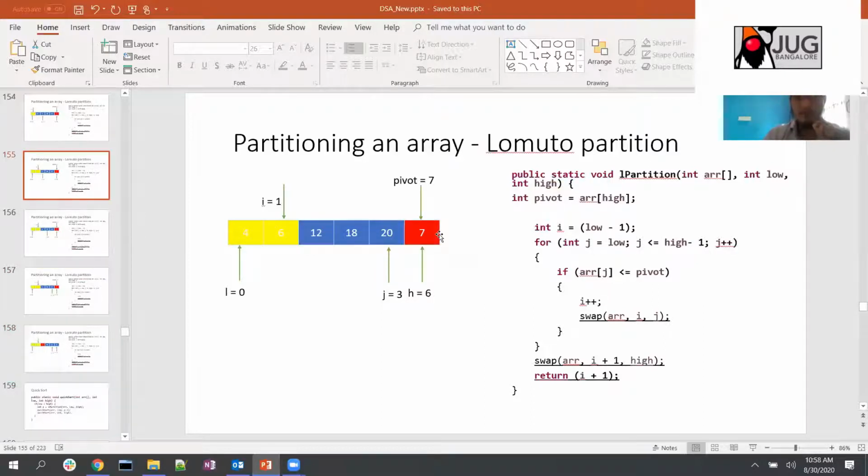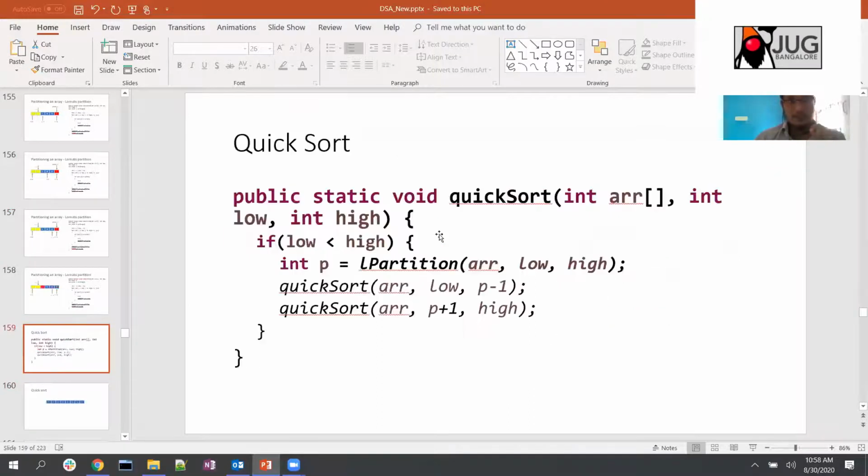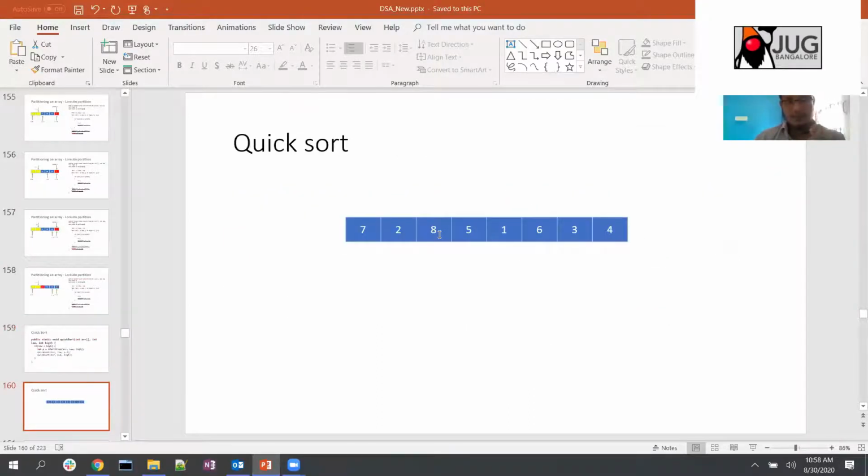So this is how quicksort works. And there are different ways to partition. We saw that there is a naive partition, which does comparisons and takes big O of n square, and there is the Lomuto partition, which I think we went through in detail last week. And then there is another one called Hoare partition. I don't want to go through these things again. The slides are available, you can just go through them. If slides are not available, then I will upload them. If you go through one slide, you will understand very quickly.